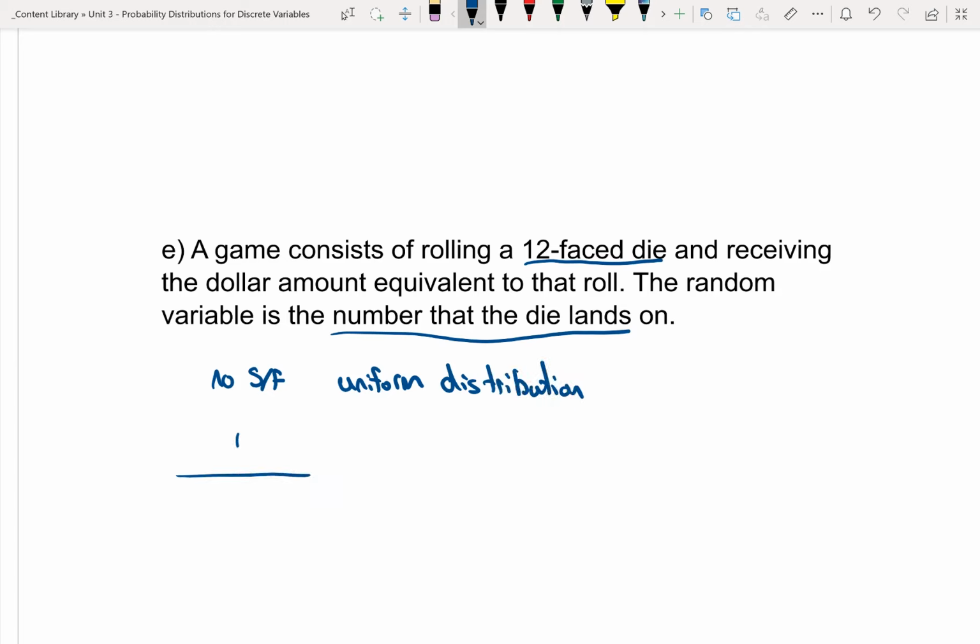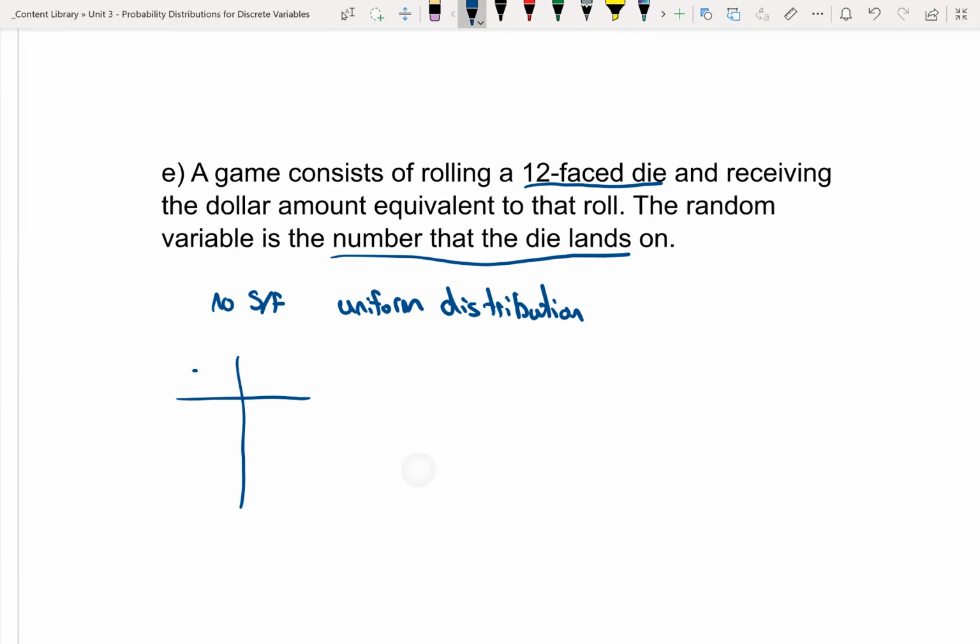So in this case, if I wanted to come up with a table of values or a probability distribution table, my outcomes or my x's would range from 1 all the way to 12, and our probability for each outcome would be 1 out of 12 because each outcome would have an equally likely chance of occurring. And if I wanted to find my expected value, it would be the sum of each outcome times the probability